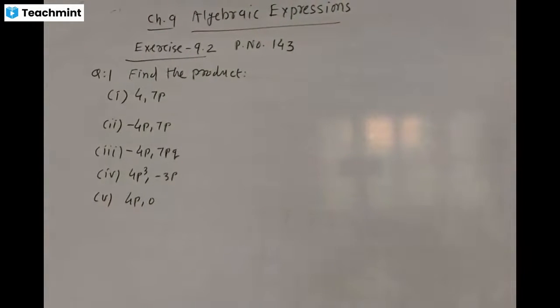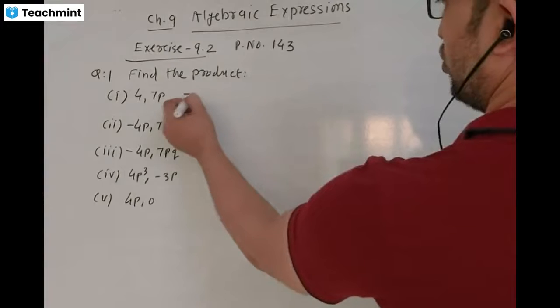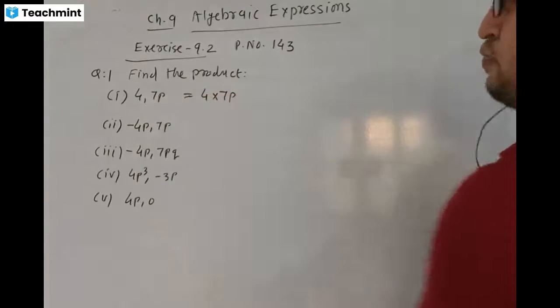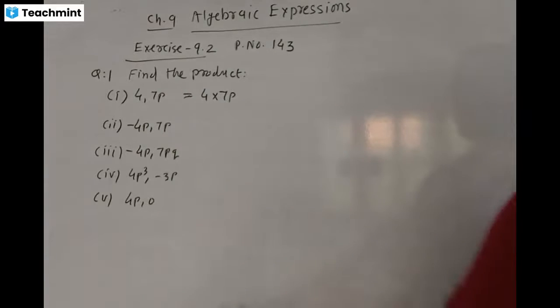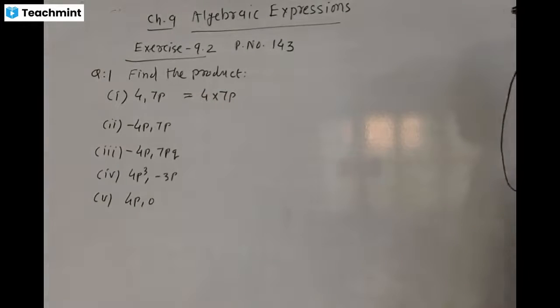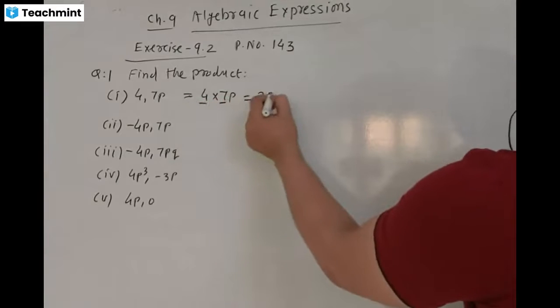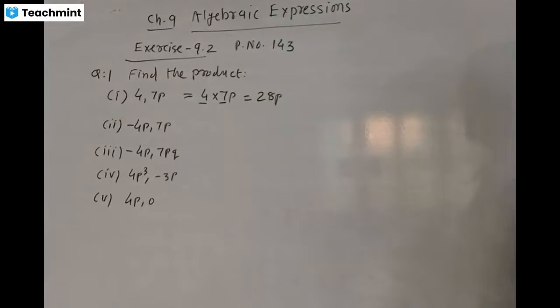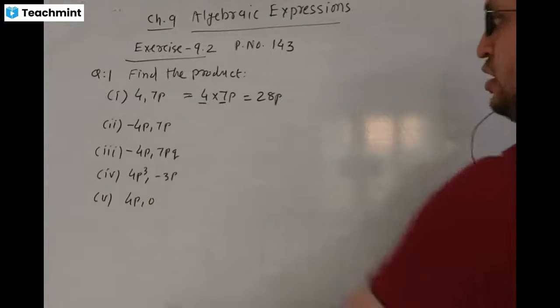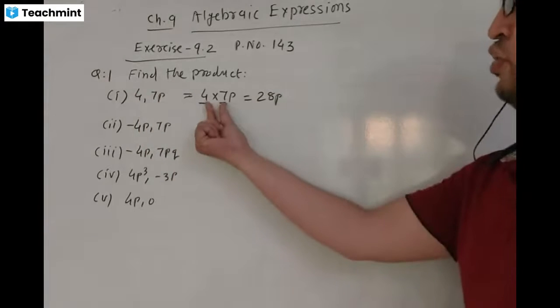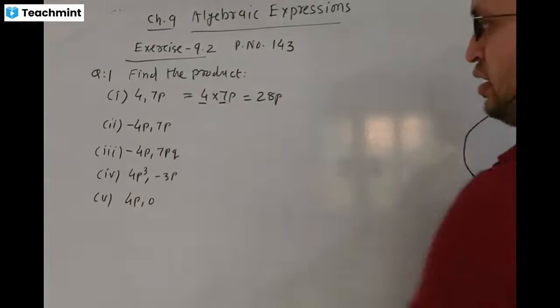Here monomial terms with monomial terms, find the product, means multiplication. That is equal to 4 monomial terms multiply with monomial terms. 4 multiply 7p. So constant term multiply with constant term, that is 4 7s are 28, and constant and variable as it is, 28p, that is the final answer. Therefore the product of 4 and 7p is equal to 4 into 7, 28p.